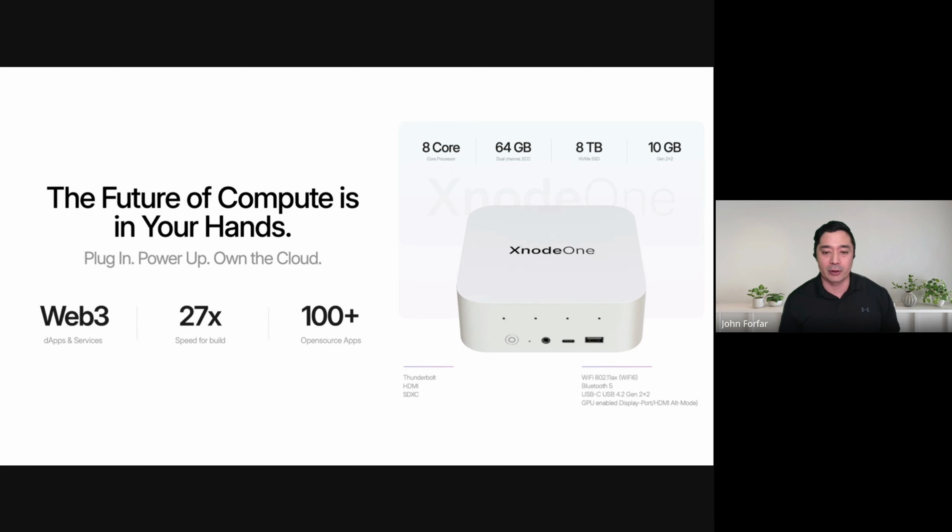Basically, they've released a new Xnode 1 hardware platform that's coming out, and it means that you will be able to run this at home, low power consumption, but you'll be able to deploy Xnode workloads and also work with OpenMesh and the cloud that's being built here to run other people's workloads and make money by providing your hardware